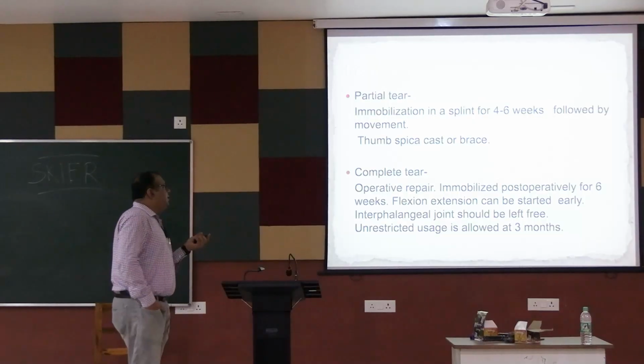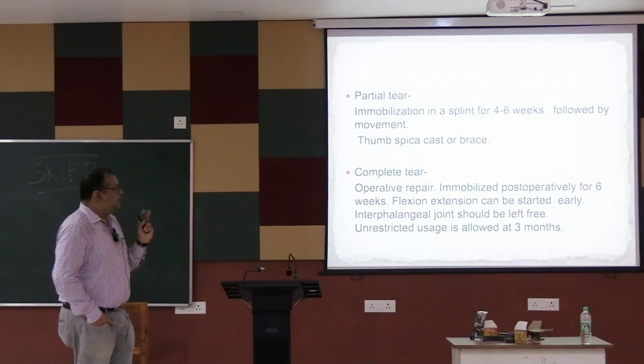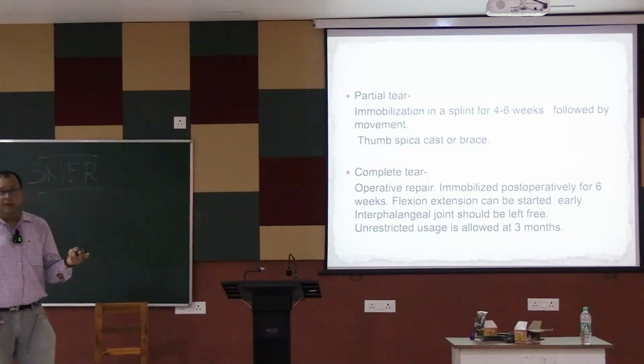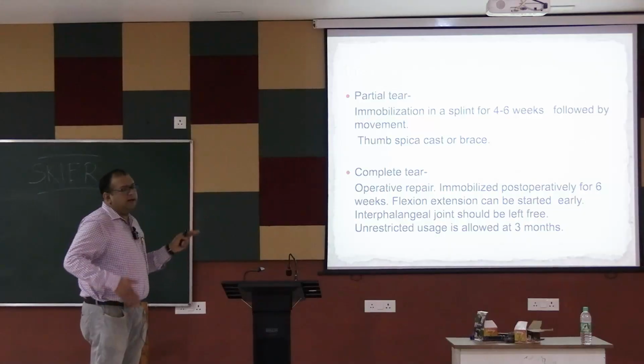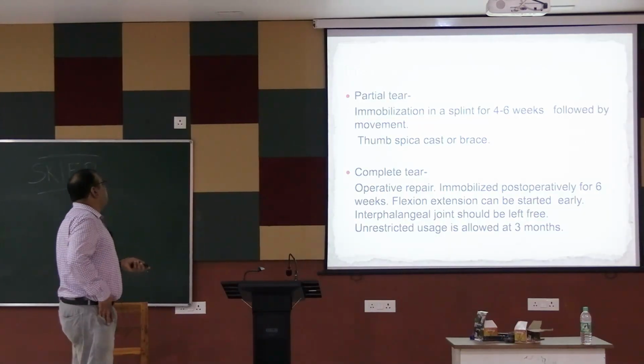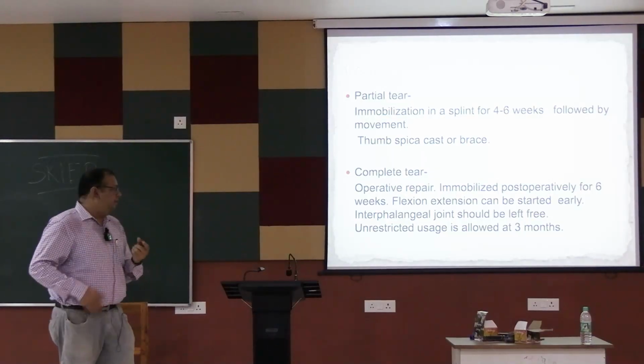Treatment may be immobilization for a partial tear, which will be evident on an MRI. So then you take a decision as to how do you treat the patient. In a partial tear, you can give a thumb spica cast for the patient. If there's a complete tear, you need to repair that. So you need to go in for an open repair of that